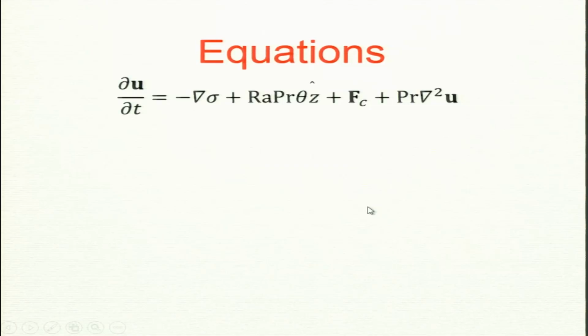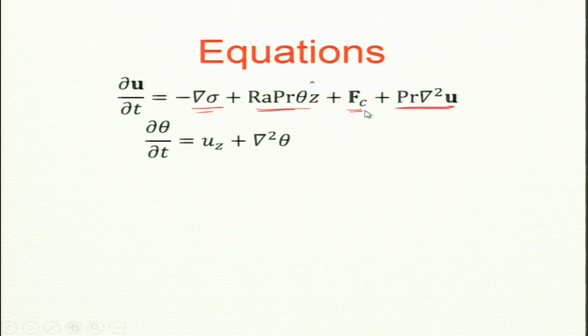It is a linear system, so our nonlinear term is off, and we have the buoyancy. These two terms and these three terms are exactly the same as before. I am adding the Coriolis force, C for Coriolis, and theta does not get any other contribution from rotation, only the velocity field gets the contribution Fc. So, theta remains exactly the same.